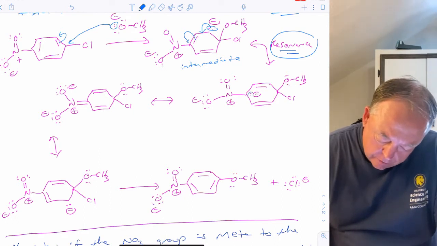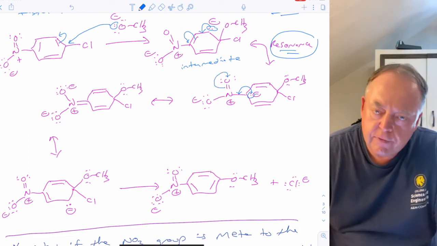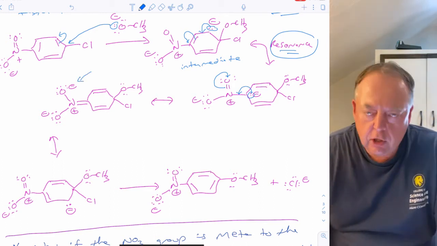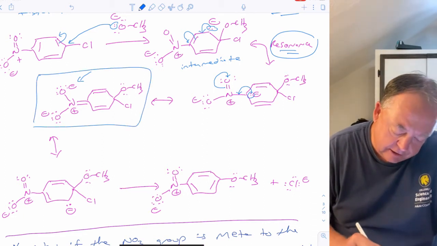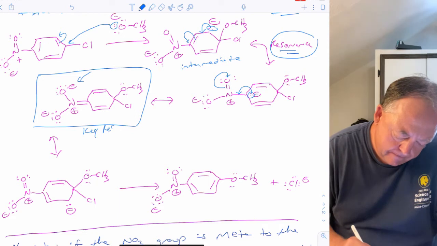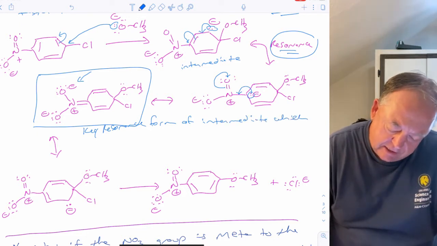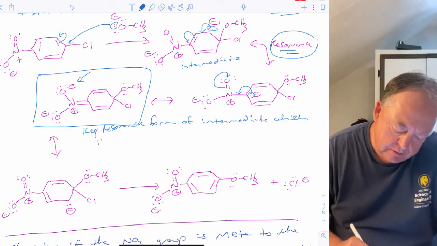Now let's take that lone pair and move it here, and make a double bond between carbon and nitrogen, and then these electrons become a lone pair on oxygen. And so now we have delocalized that negative charge onto the nitro group. So this is the key resonance form of the intermediate,